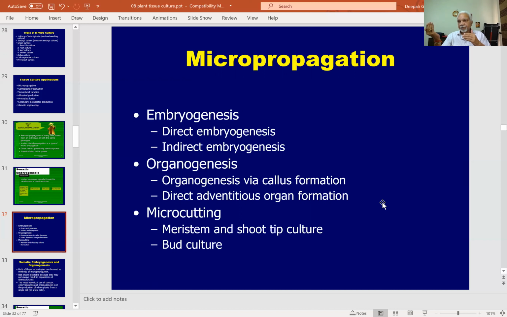You can see embryo-like structures being formed, and these resemble zygotic embryos in structure and also function, because they can undergo the germination process